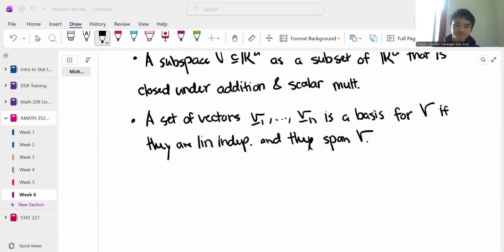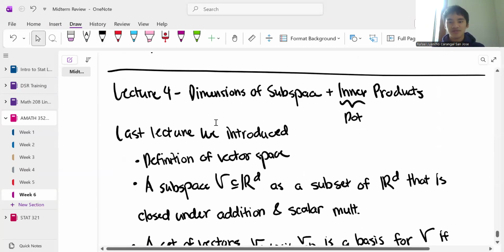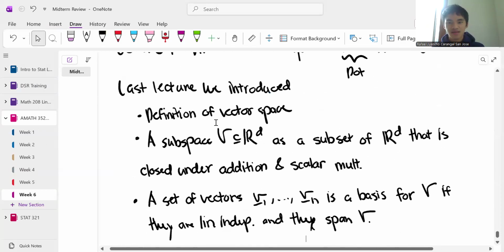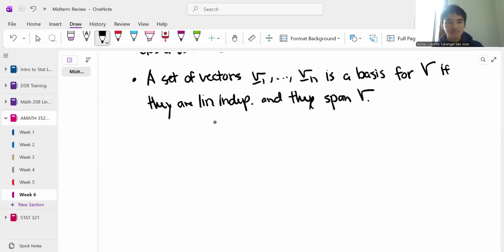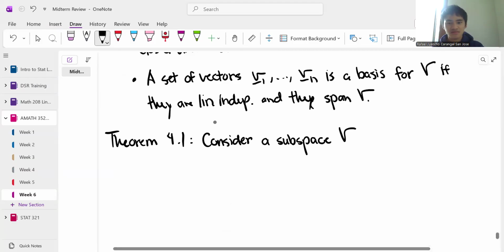Okay. So now let's actually go into the topic for today. We're going to talk about dimensions of subspace and dot products. So here's a theorem for you. Theorem 4.1. Okay, let's consider a subspace, call it V, and this is a subset in R^D,